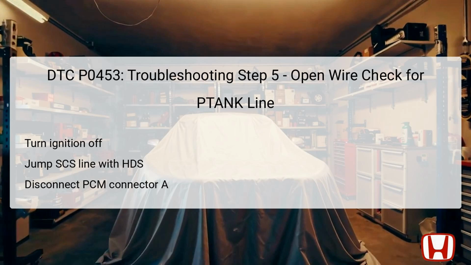A jumper wire is used to connect the terminal to body ground, creating a closed loop to verify the continuity of the wire. Using a multimeter, you check whether current can flow through the P-tank wire. If continuity exists, it indicates the wiring to the PCM is intact. If not, you must repair or replace the open circuit in the wire. This test helps identify whether the wiring between the PCM and sensor is compromised, which can lead to high voltage